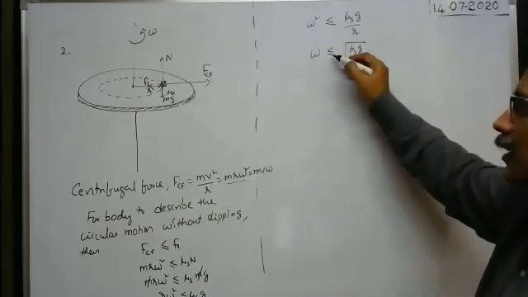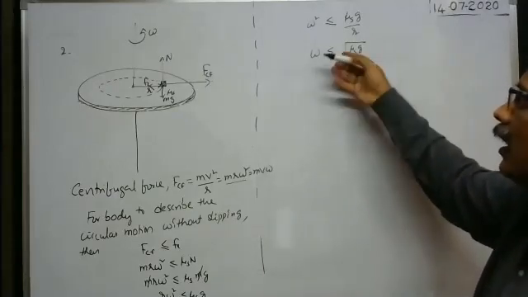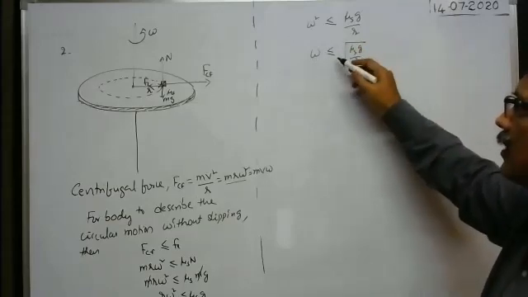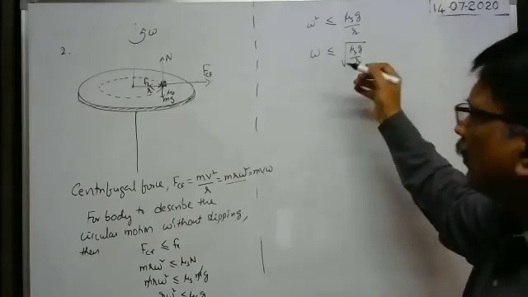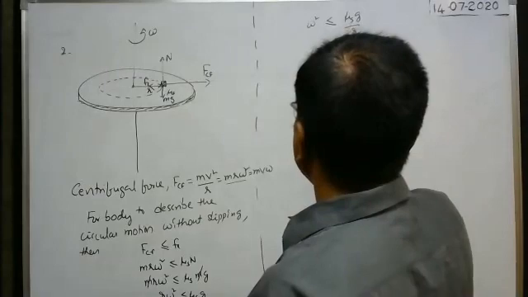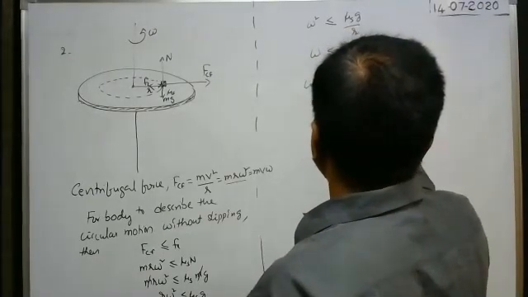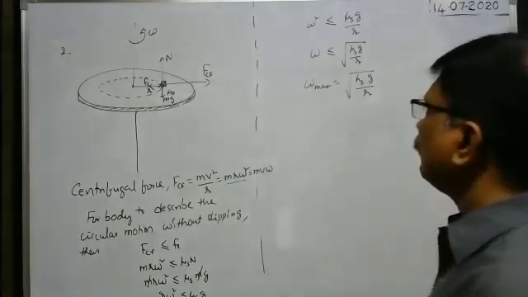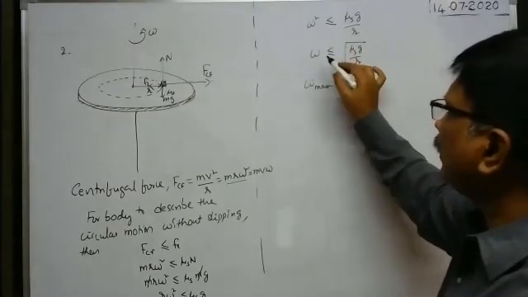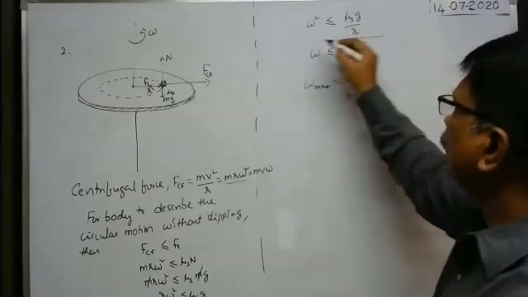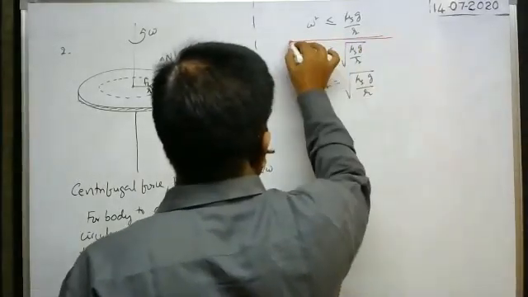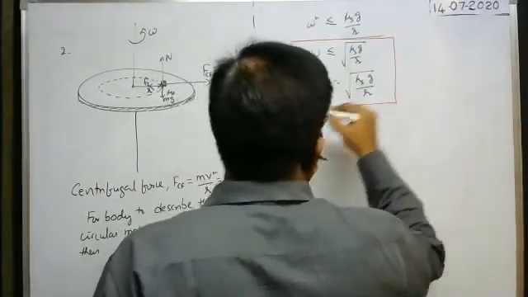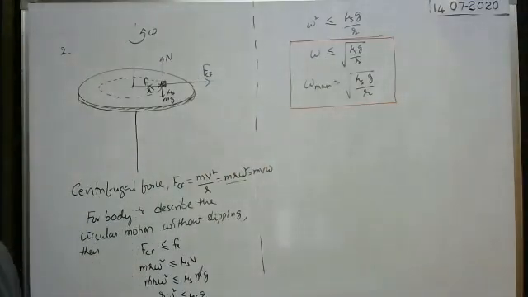Yeah, is equal to, we have to take. Maximum means is equal to. So omega less than or equal to this one means when you take equal, that is the maximum value, or less than that value. Okay, maximum I am asking. That's why omega max is equal to square root of mu(s)g by r, where mu(s) is the coefficient of static friction. This is the condition and this is the limit. That means maximum value. Okay, so this is one important formula. Okay, next.